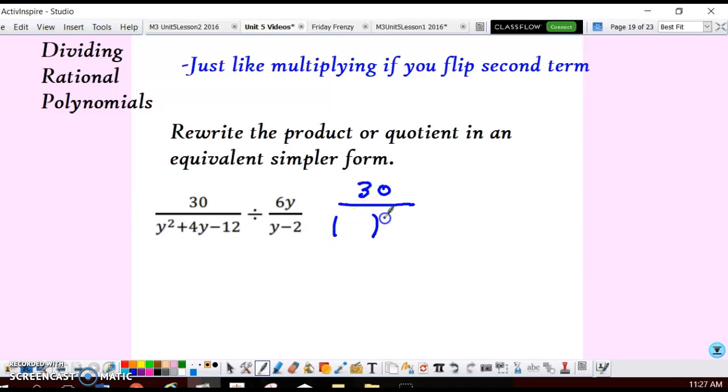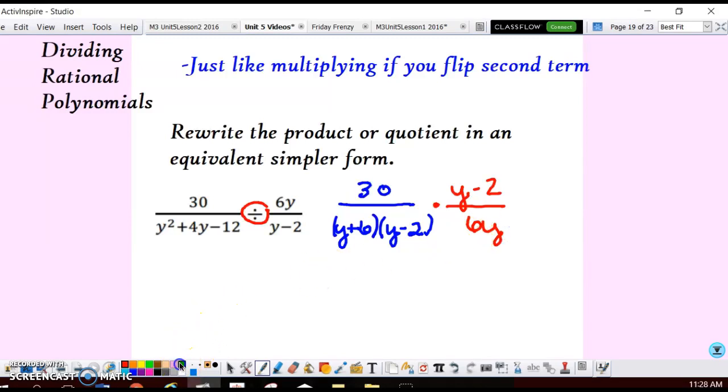If I set up two parentheses, I've got my y and my y. 6 times 2 is 12, and 6 minus 2 would be 4. So I'm going to go plus 6, minus 2. I see a division sign. Now, if you see the division, you can change it to multiplication and flip these last two. So I will flip this